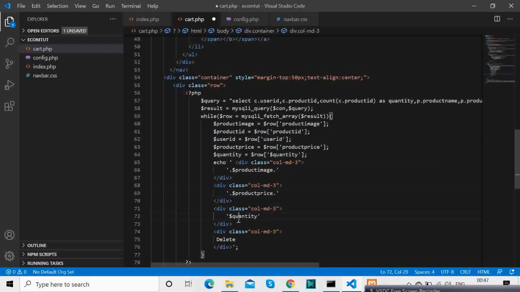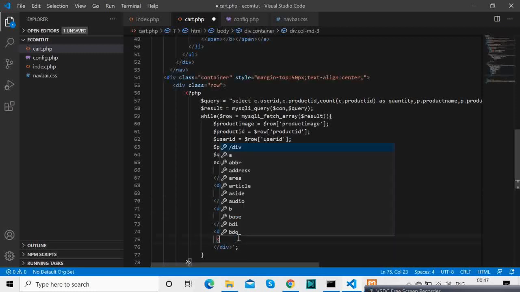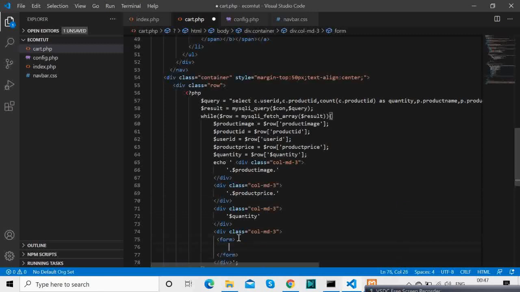Now for the delete we'll be having a form. Basically when someone clicks on that form, you will see that that item is deleted. So for that we need to pass a product ID as a hidden variable.